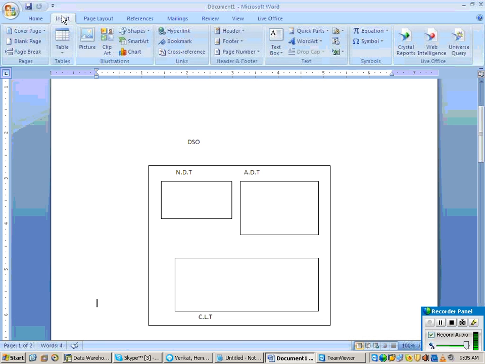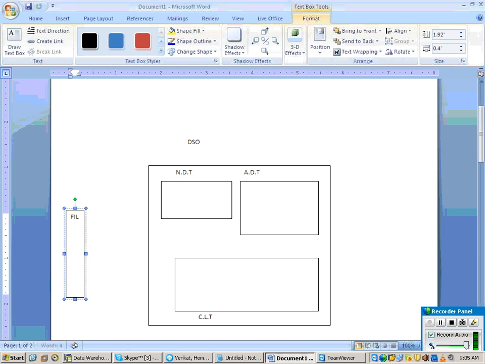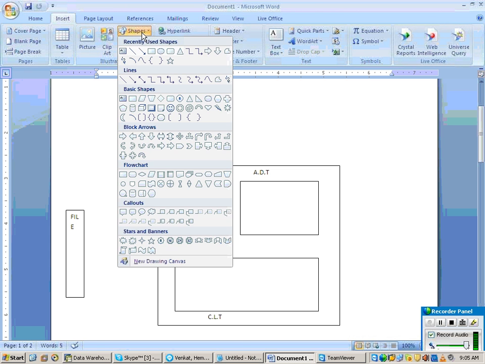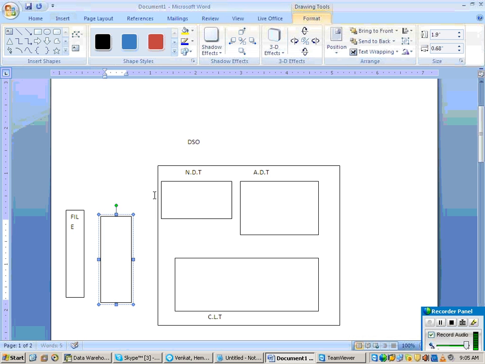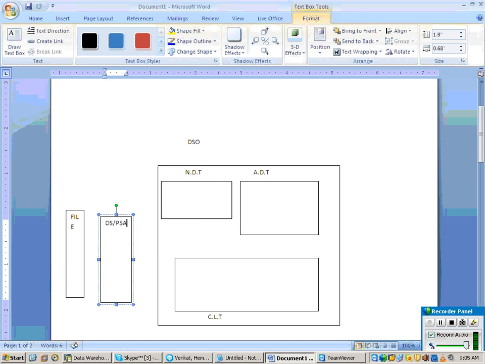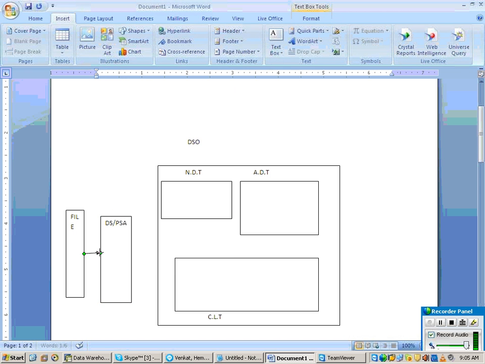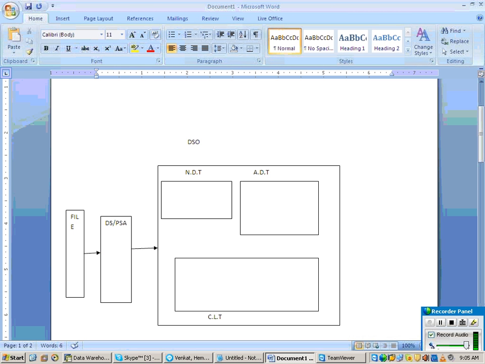Now, what is my requirement? I have a flat file, and from this file I want to load my data into my DSO. So what will you do? You will create one data source, from file to data source. Then between the data source and the DSO, you will create a transformation.